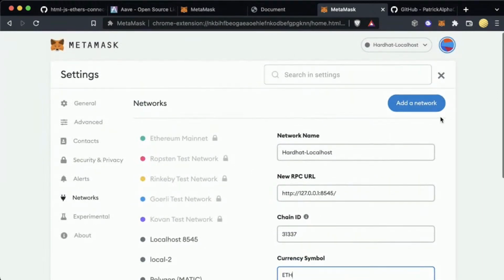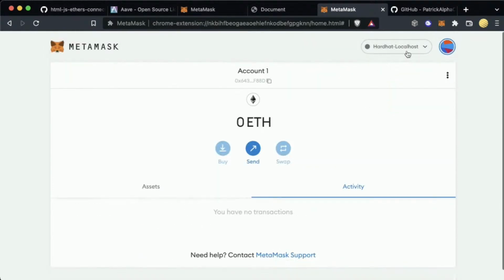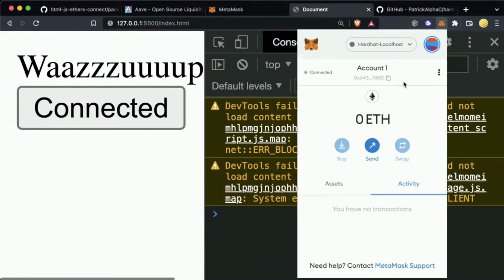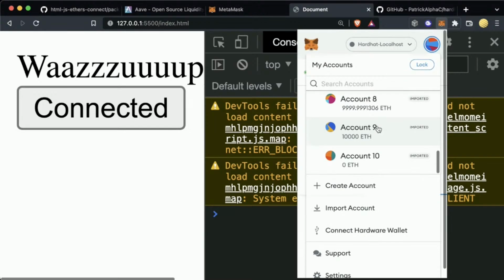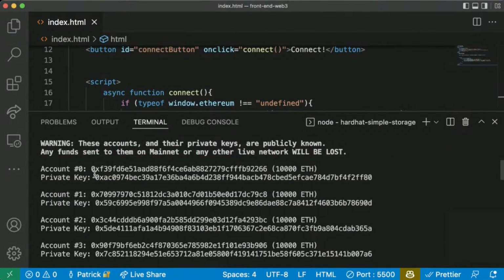And now we have a new network that we can work with in our hardhat localhost, which is great, in our MetaMask. What we can do too, as you can see, I have like a bajillion dollars in here because it gives you all these private keys.